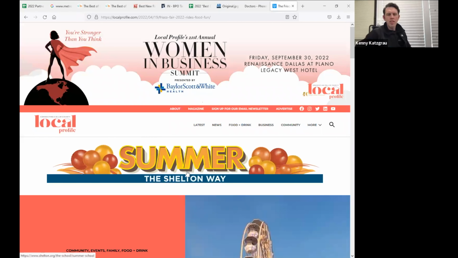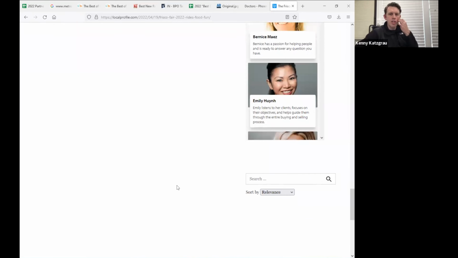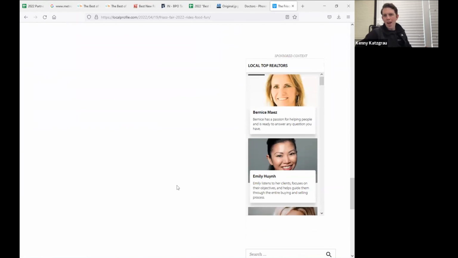And if you scroll down on the right, they have this top local realtors unit, right? This is a Broadstreet unit, and the content can be sourced manually, or it could be a feed coming in from somewhere. So if your directory published an RSS feed or a JSON feed that we could consume, we can include that.